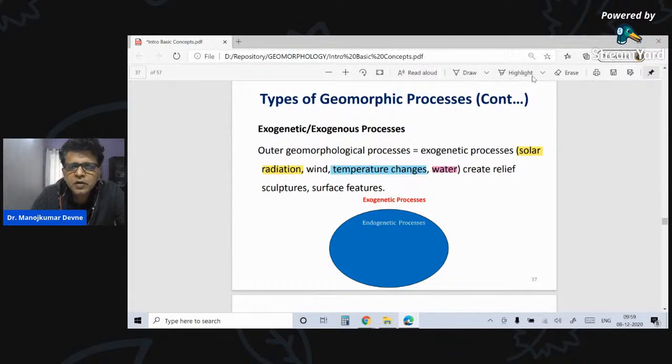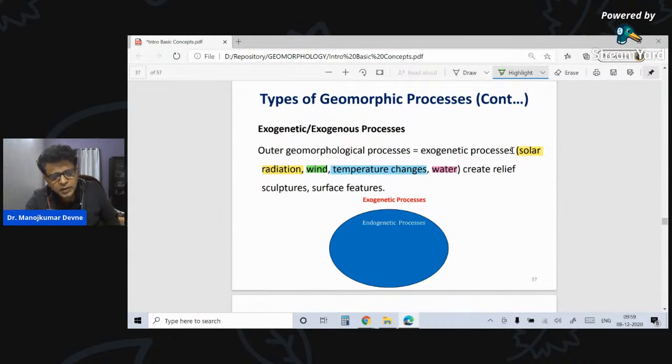This is going to cause water to evaporate, isn't it? And where you don't have water, or rather where you don't have any form of water, you'll see that wind is going to take up the whole challenge of processes. So this is how the connection is. The most important of them is solar radiation. If we had not had the solar radiation, we would not have had temperature changes, which would not lead to the water cycle, and lack of water cycle would not have led to wind and wind activities as such. So this is the most important thing that you have to remember when we speak about exogenetic forces as such.